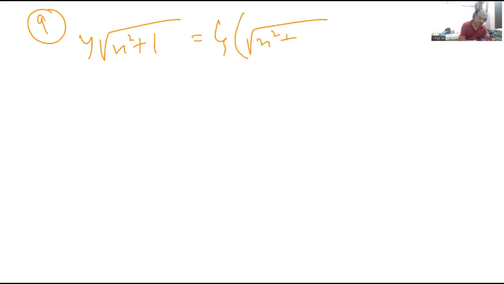Now, what this question number 9 says to us is, you are having y and y under root x square plus 1 is equal to log under root x square plus 1 minus x. This is the question. Okay. And here again, you have to prove it. And what you have to prove is,